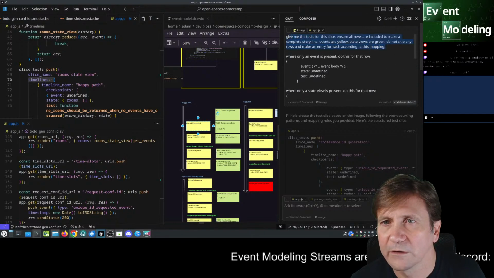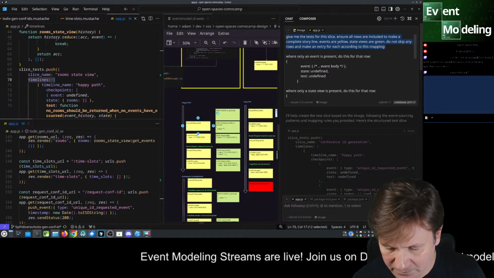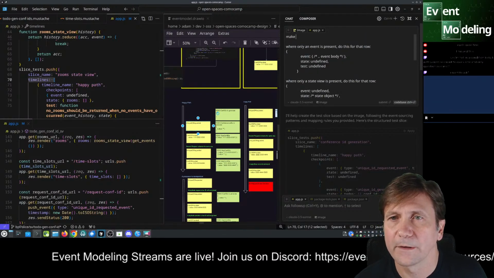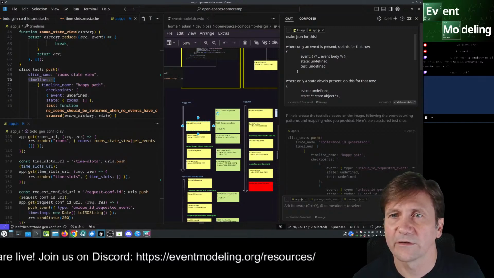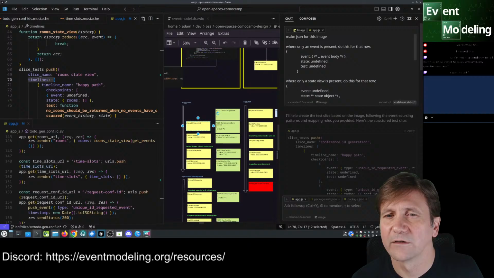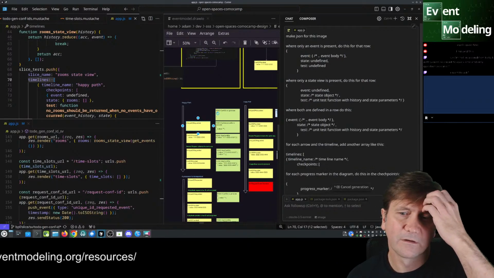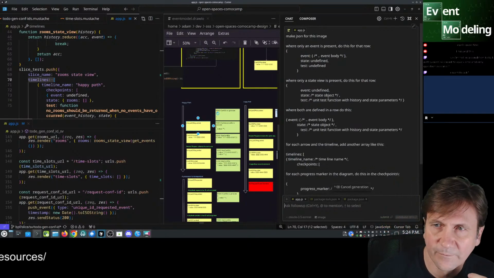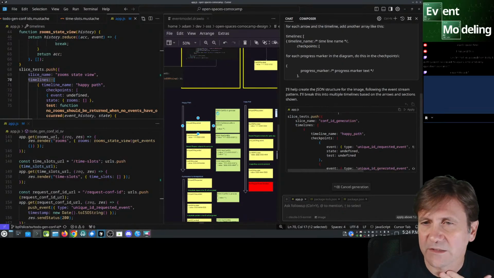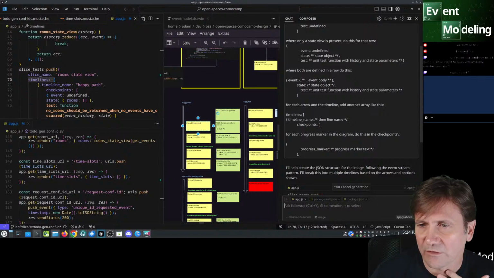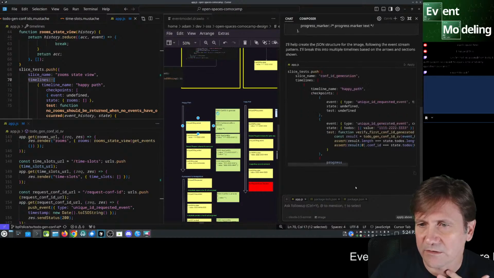It's annoying. Make JSON for this image. That's gonna be implementation. Okay, so I can't have all of this stuff, so just cancel this.